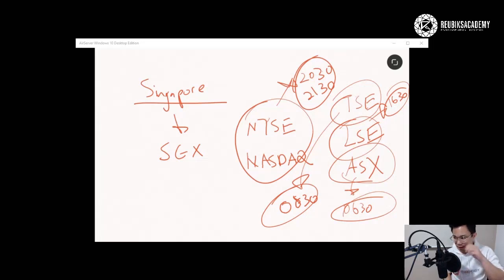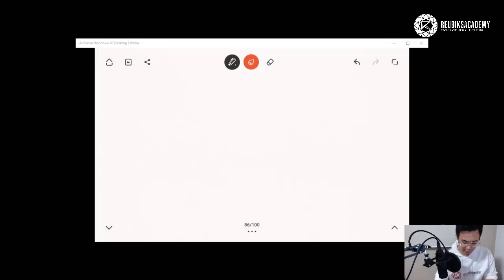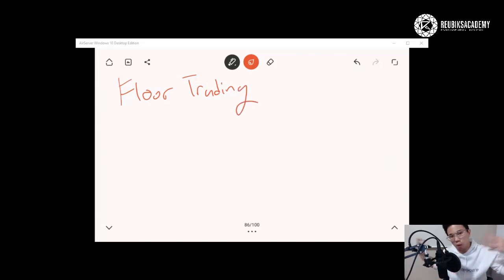Number two is a stock exchange basically facilitates bidding and asking prices. Okay, so in the past, they used to have this thing called floor trading, whereby you can see literally floor traders on the floor shouting out orders and getting in orders to match bid and ask orders. Okay, but nowadays everything is done electronically. Everything is done via an automated server that the exchange has. The days of floor trading are over.